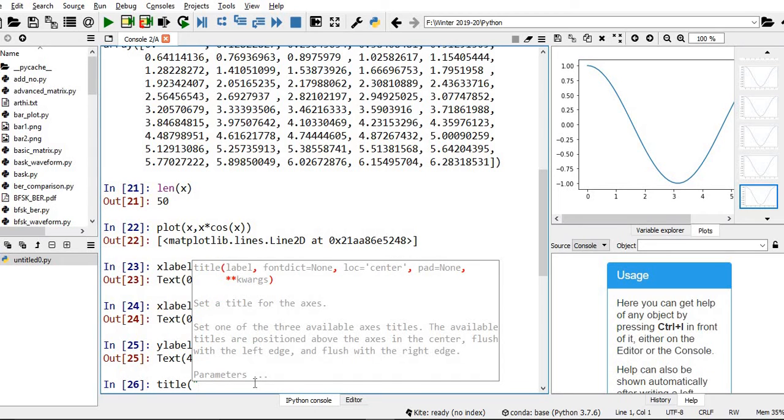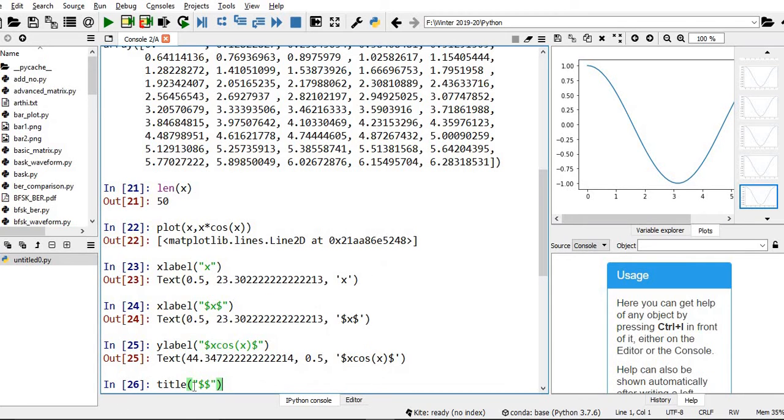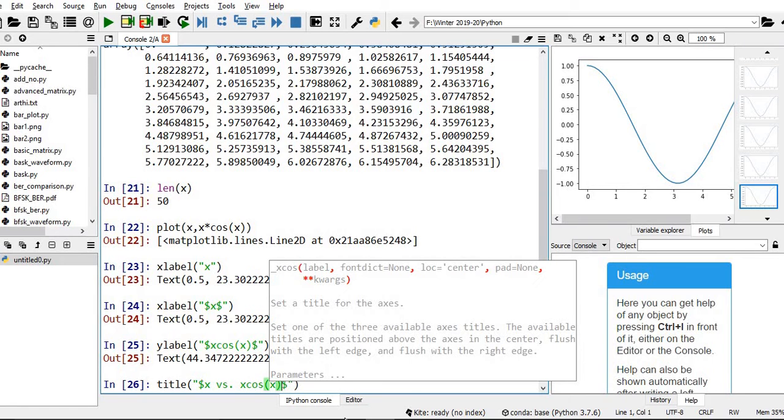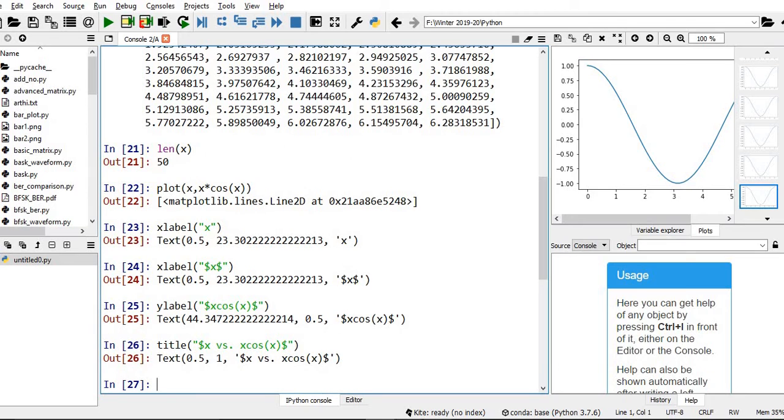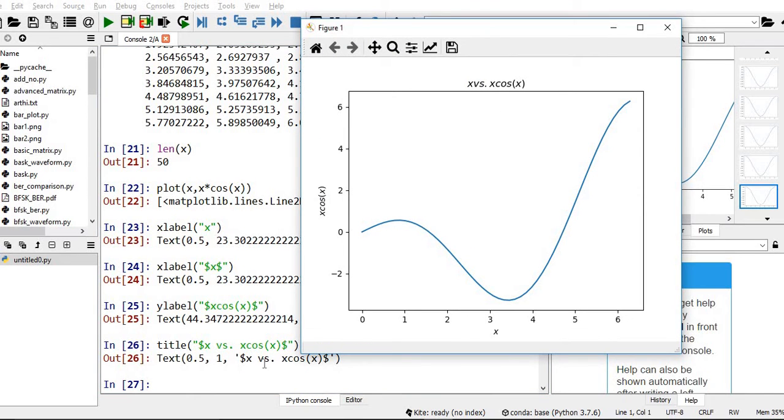A simple title, with dollar, x versus x cosine x. So you just see the title has come: x versus x cosine x.